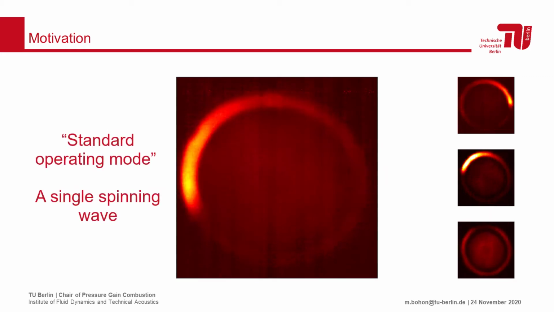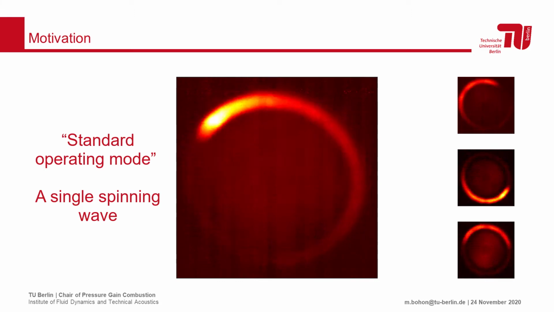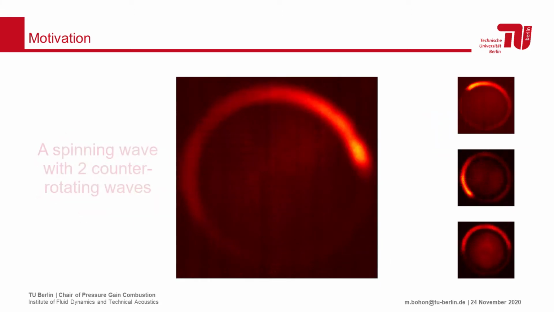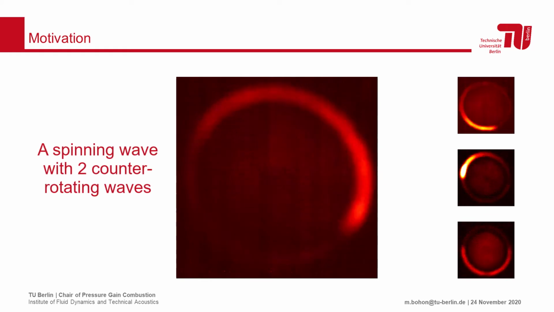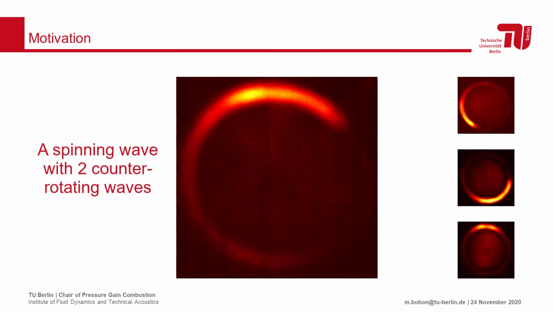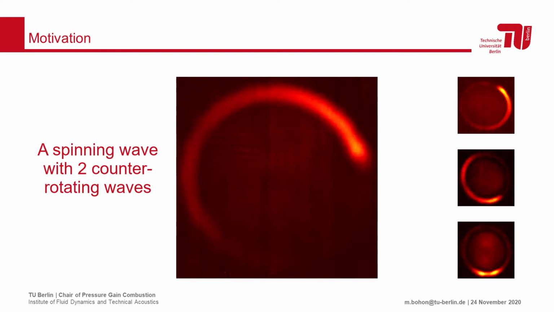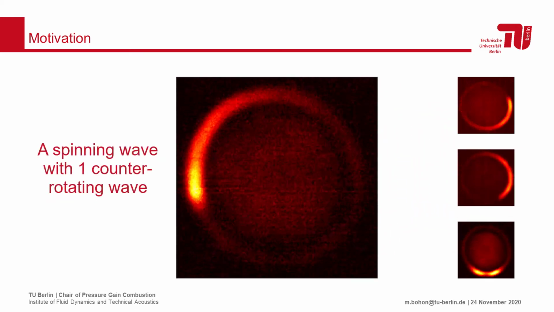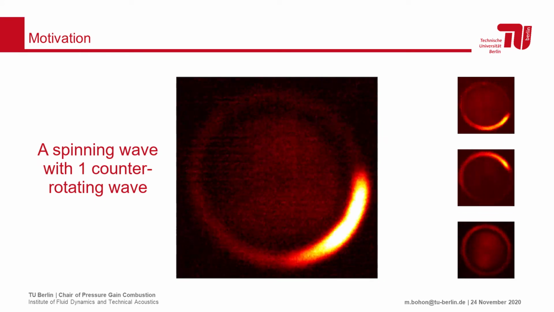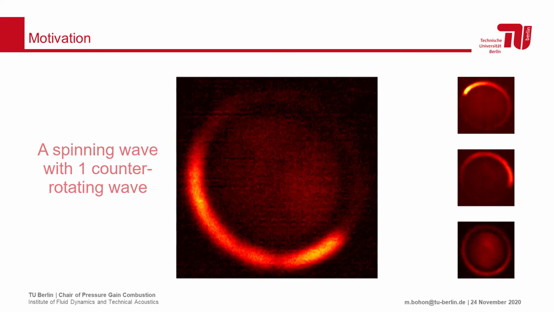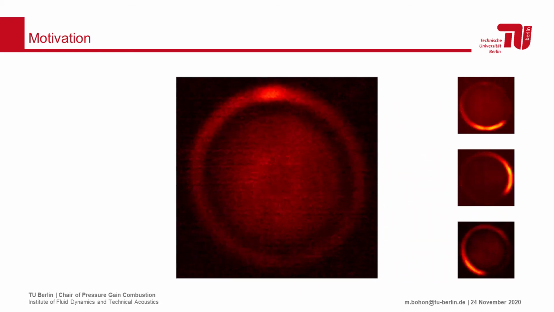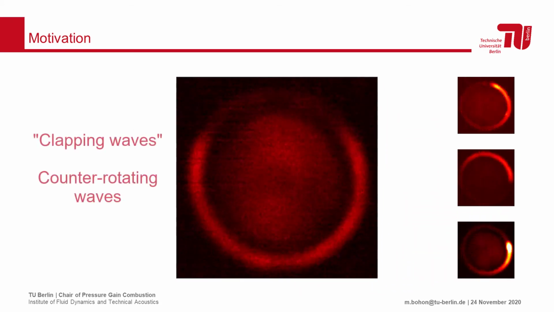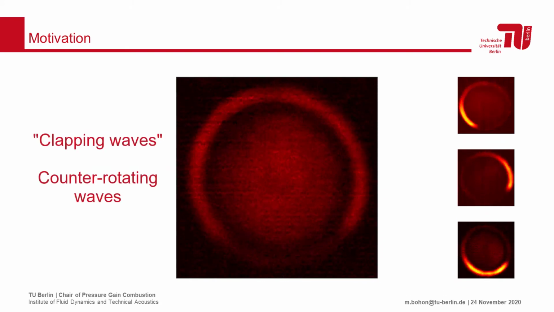The standard, or canonical mode, is composed of a single combustion wave rotating at a constant speed. However, we will often observe the presence of one or more weak waves rotating in the opposite direction to the primary wave. These waves are often easiest observed when they interact with the primary wave. Additionally, they often propagate at a slower velocity than the primary wave. Lastly, an also commonly observed mode is a clapping or standing wave, in which two counter-rotating waves propagate at the